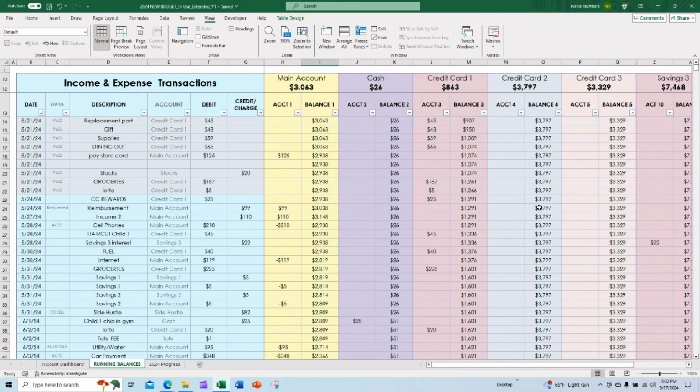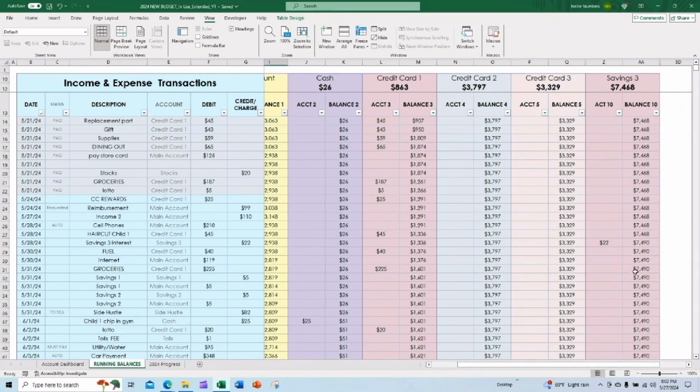And then I have 2 credit cards, credit card 2 and 3, that I am paying down those debts. I'll link that video if you decide to see how I plan to get out of debt in the next year. So I have those. Those do not get anything charged to them. They're just being paid down. And then I also am